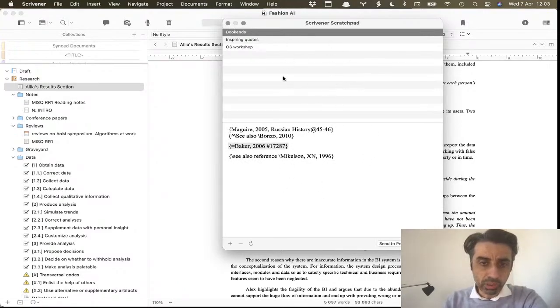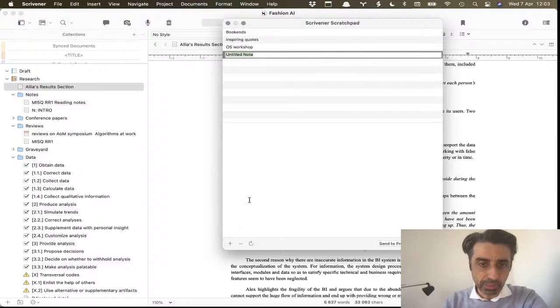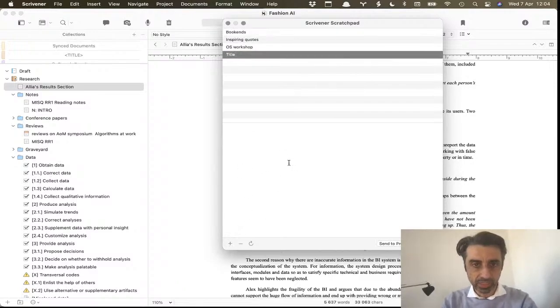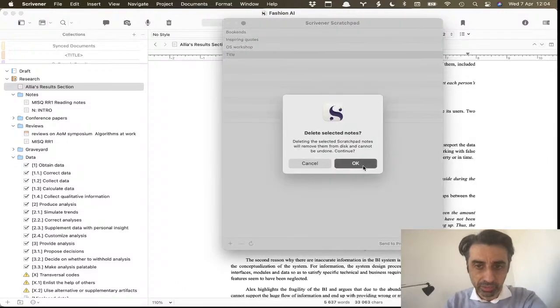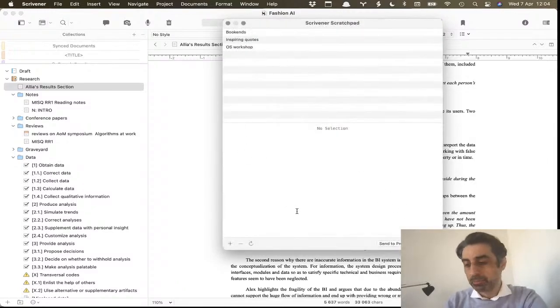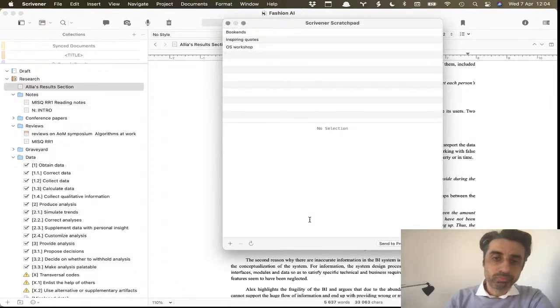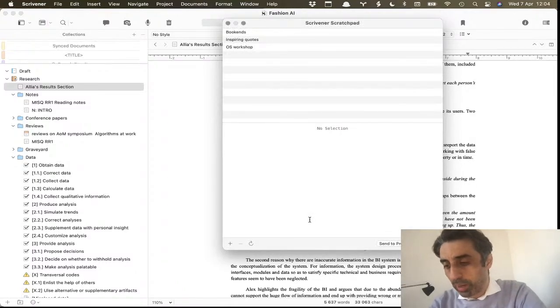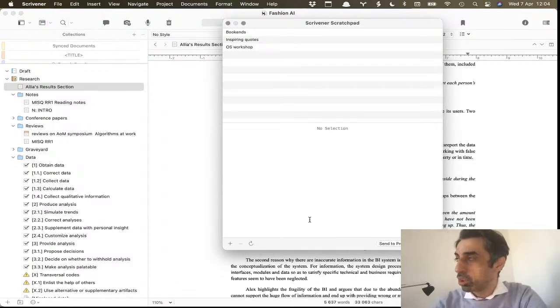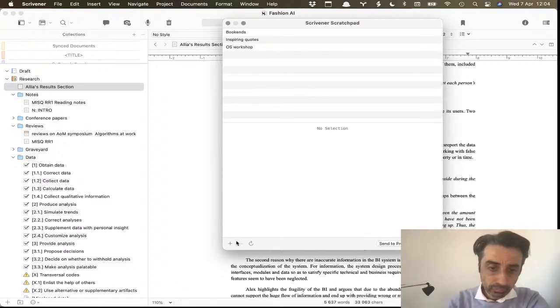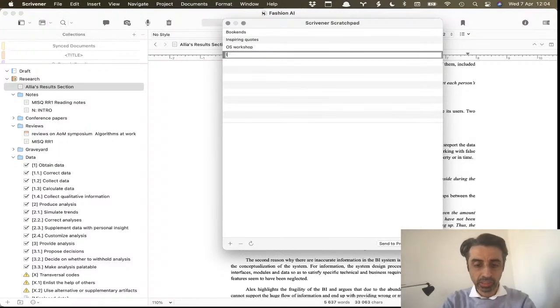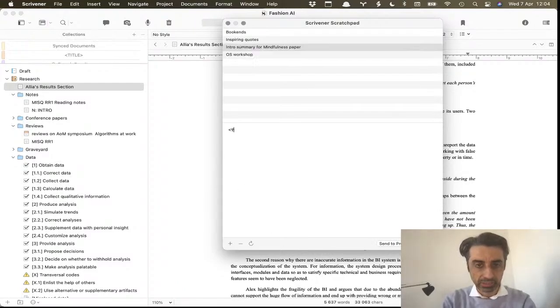To create a new note on Scratchpad, you just press the plus button and you do the title. To remove it, you just do the minus button, there you go, okay? Now, some people may use the Scratchpad to write. So imagine you just wrote something, you're writing a paper, and then you just thought about something for another project. So let's say I do intro summary for mindfulness paper, and I write it here,